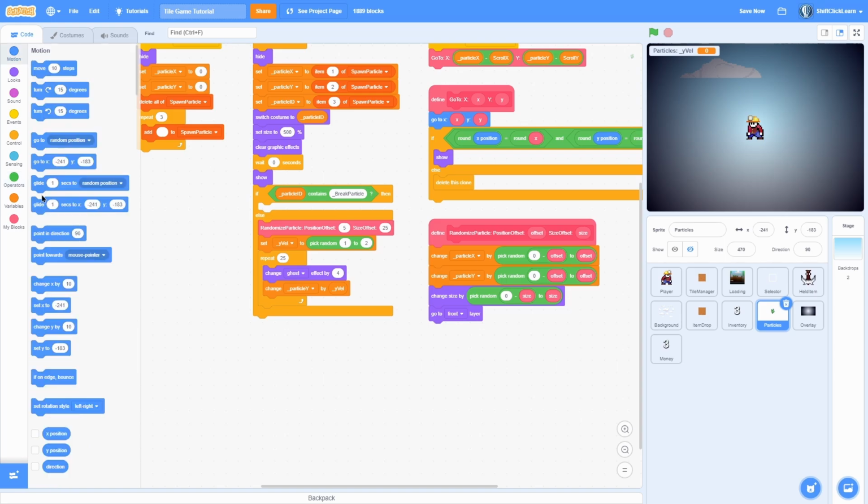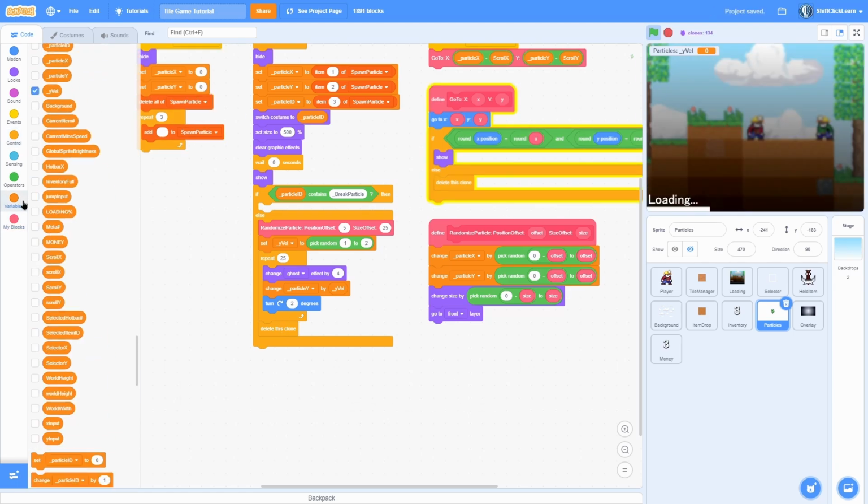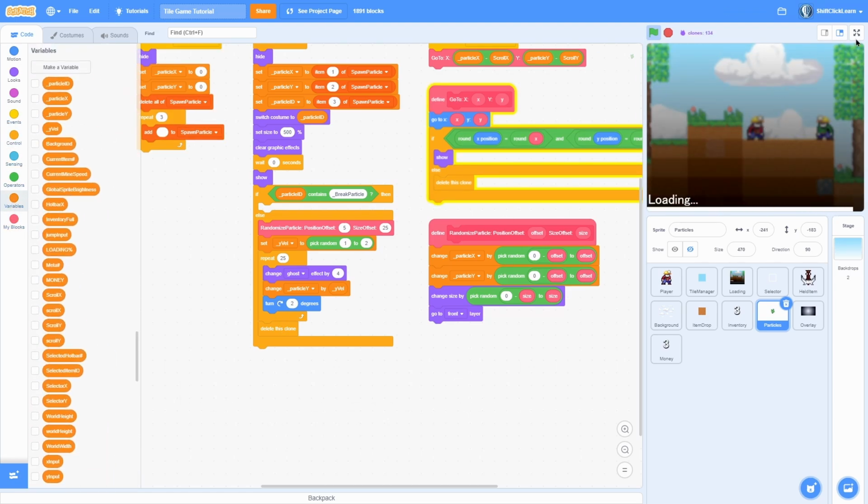That way it moves up. Last but not least, we can turn 2 degrees clockwise. It doesn't really matter which way, you can do whatever you want. Okay, so now if we start this game, the particles should have some movement and they should be random size